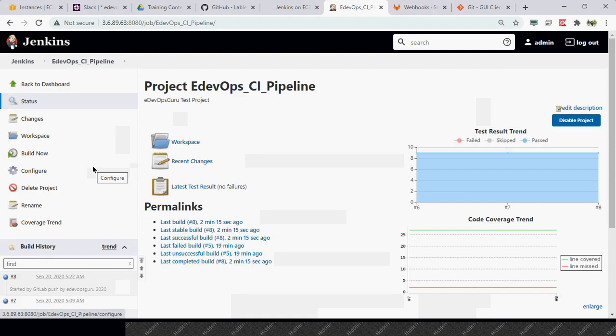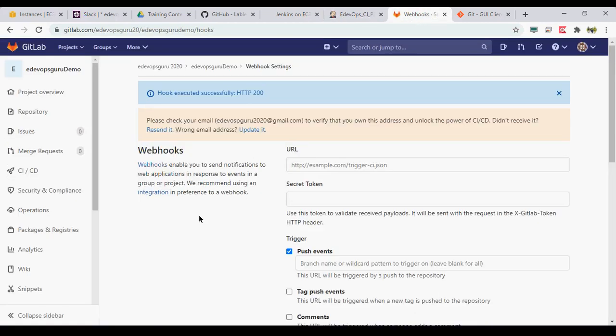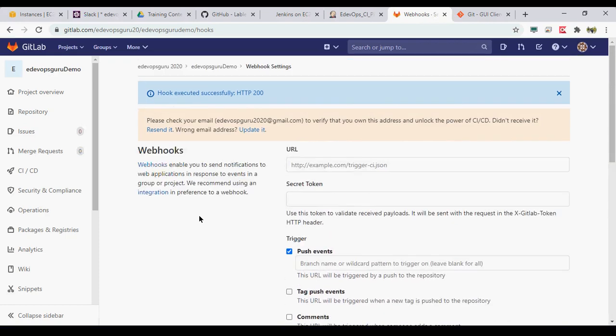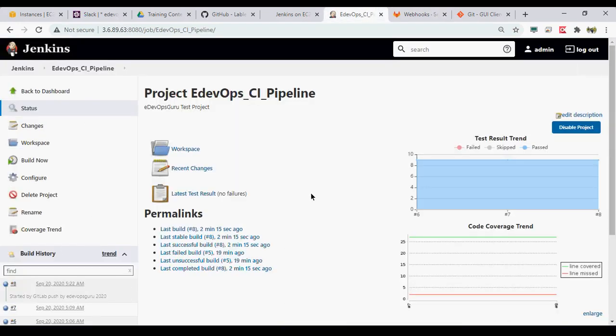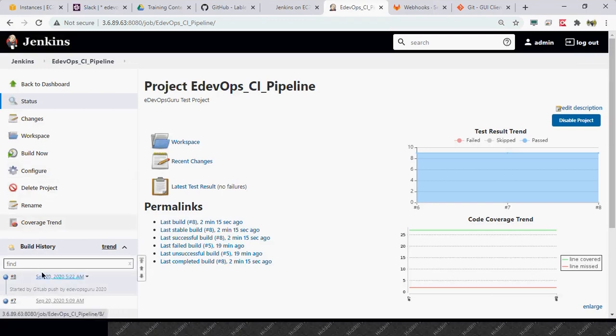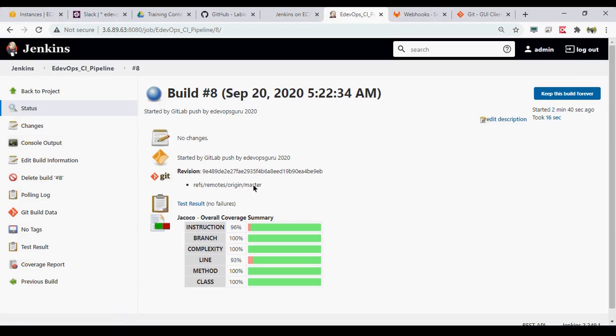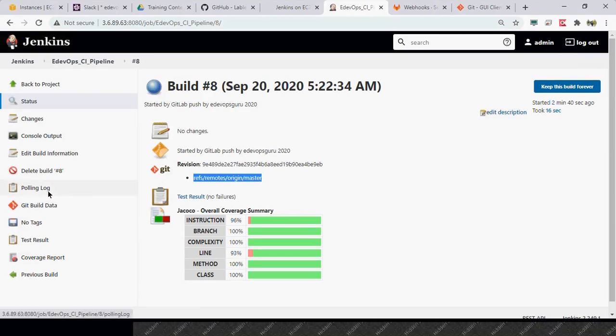Whenever GitLab pushes some calls on webhook, it basically sends some parameters, like which branch and those kinds of things. That we are not able to see because that is a part of a plugin. So let's try to add that plugin and see if we can see those environment variables, and then we can use those environment variables in our job to pull the code from the particular branch which the developer pushes.